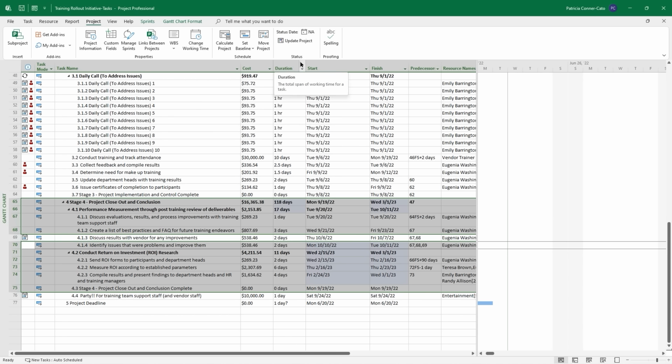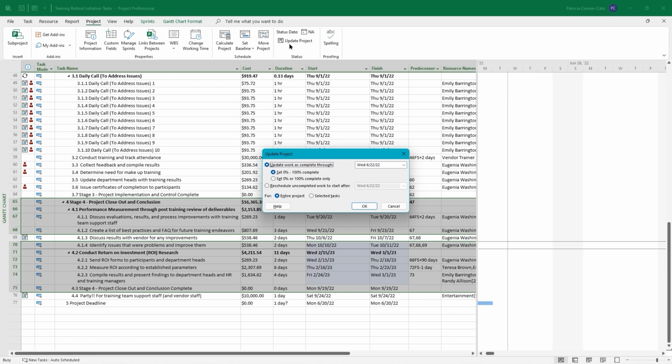On the project tab toward the right side of the ribbon, in the status group, you will see Update Project, and we're going to click on it. So by the way, if everything is going like gravy on your project and all your tasks are starting on time and completing on time, you can use this box to say Update Work as Complete Through and pick a date, and you can set it to either of these choices, right? And then you can use this update project box for our purpose here, which is to reschedule uncompleted work to